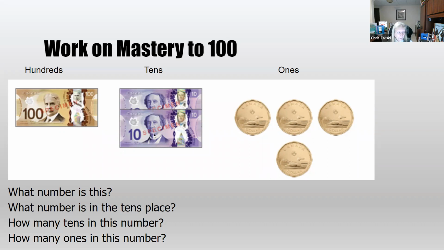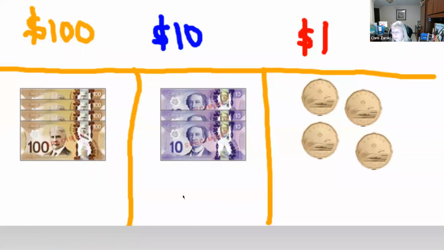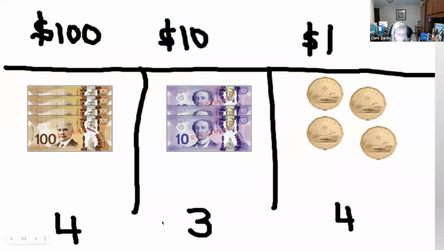Oh, well, there's 10 over here and 2 over here, so 12, right? That's that getting to the understanding of value. How many ones in the number? I need 124 loonies to make $124. So the bigger the number, the 3-digit number, if you want the columns, put the columns in, just put the dollar values at the top. Just start with that.